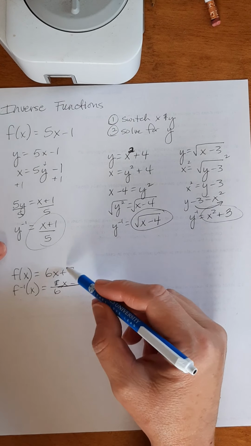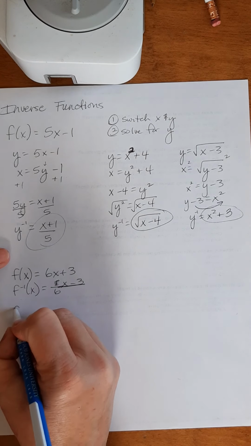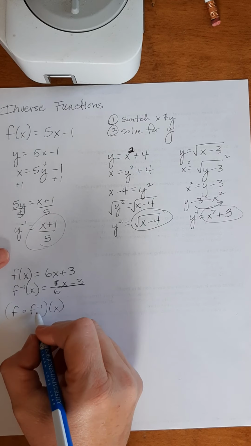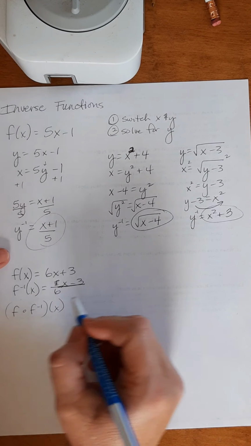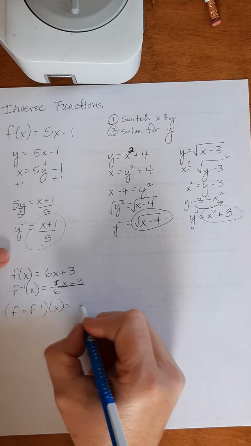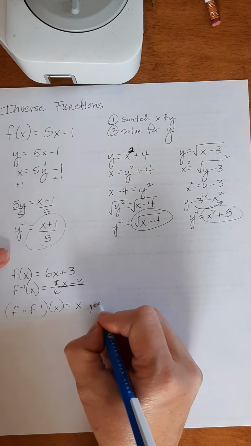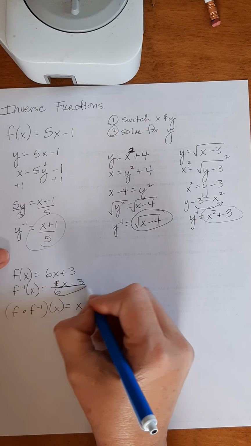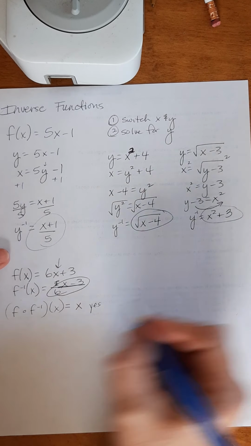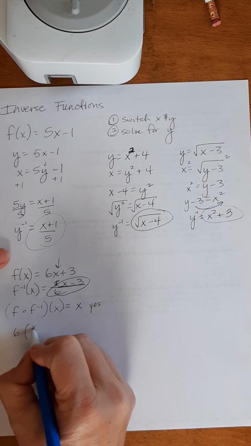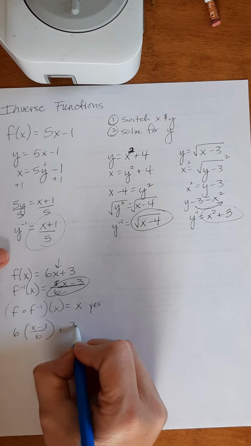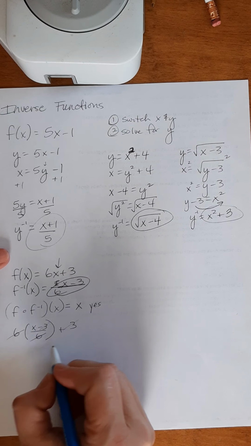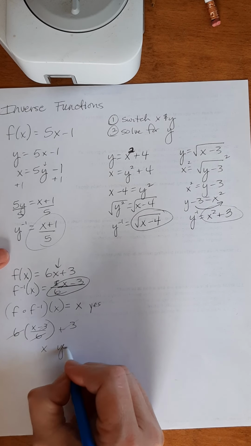So if I have this and I want to know are they inverses, you can do either this or the inverse of it. The inverse into the original. It doesn't matter. And if you get x, then yes, it's an inverse. If you get anything other than x, it's no. So let's plug this in the original. So 6 times x minus 3 over 6 plus 3. 6's cancel. 3's cancel. You just get x. So yes,